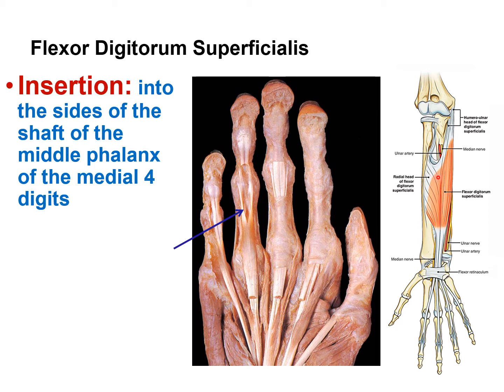So if we see again, the flexor digitorum superficialis passes deep to the flexor retinaculum, dividing into four tendons for the medial four fingers. It splits into two slips at the base of the proximal phalanx. It then reunites and appears to decussate. Finally, it resplits for the insertion onto the sides of the shaft of the middle phalanx of the medial four fingers.